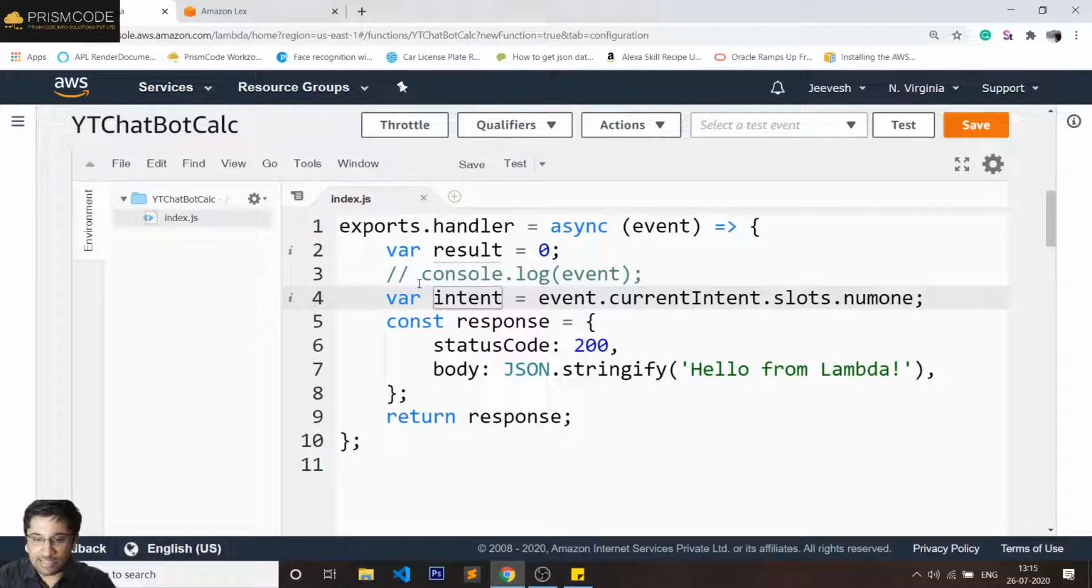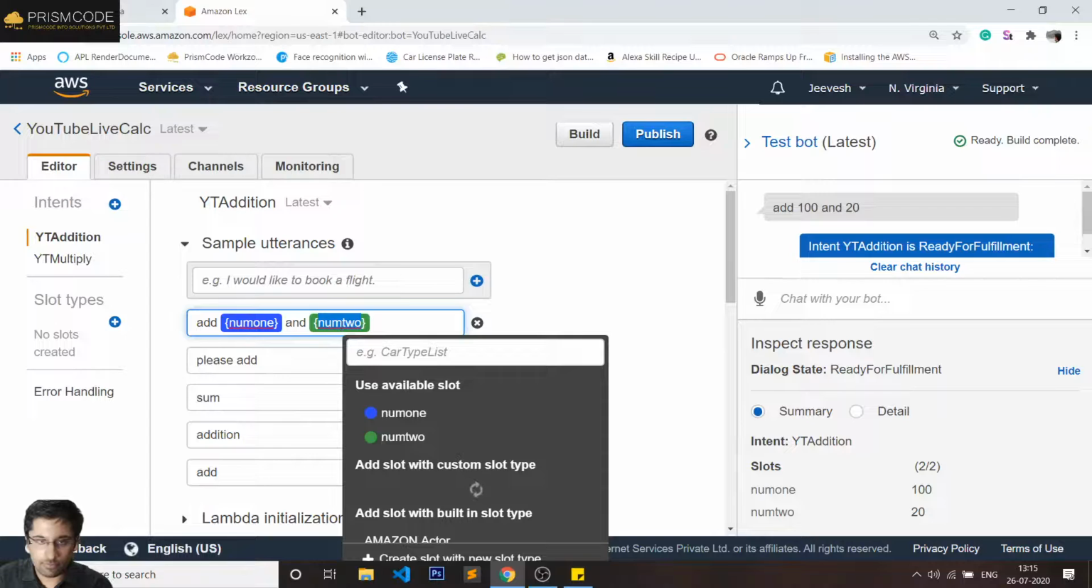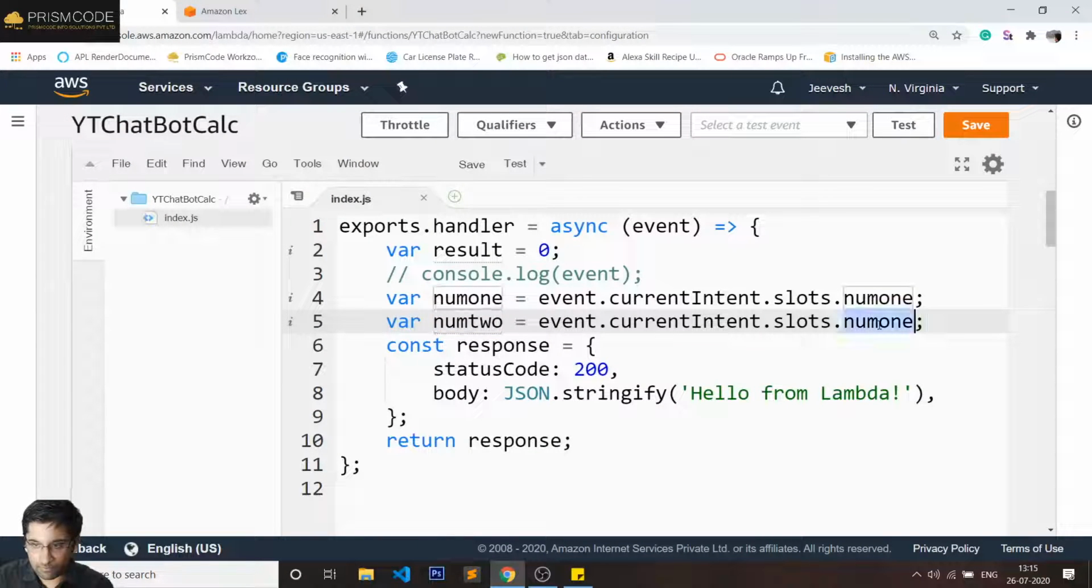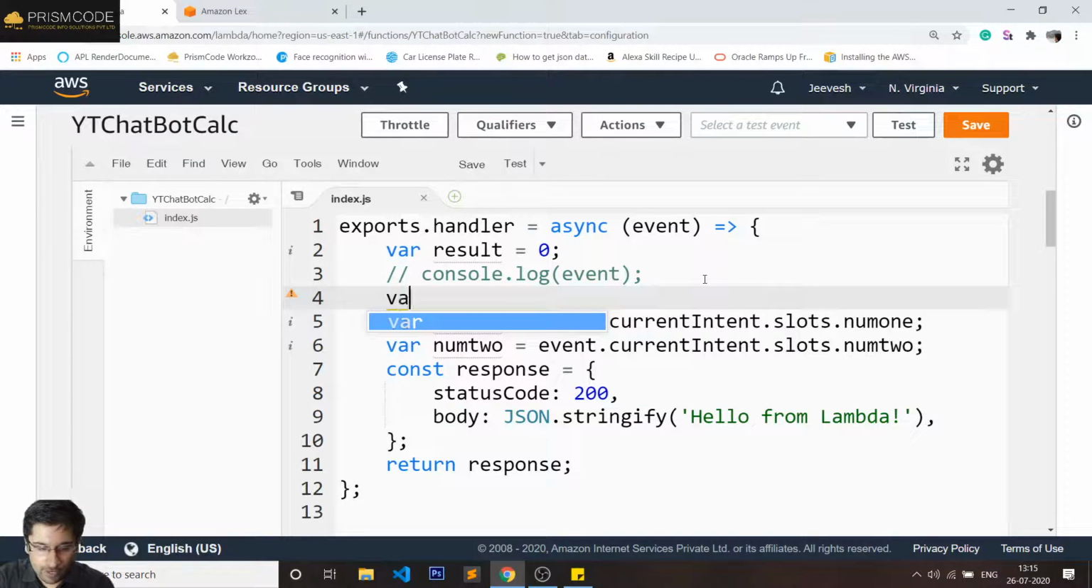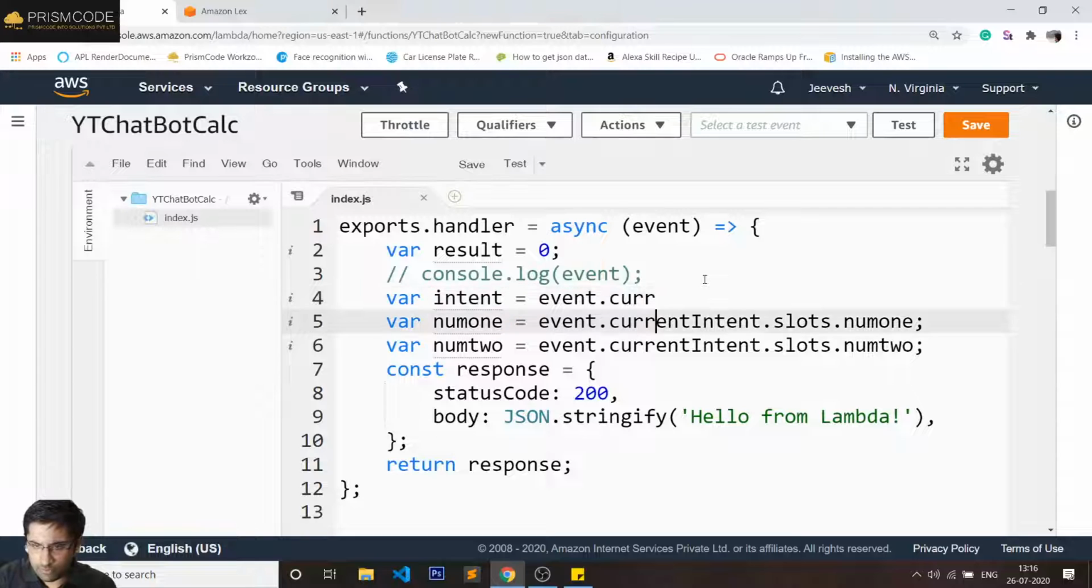Okay, so intent, we have accessed this by event.currentIntent.slots.num1. Wait, this is not how you access it. This is for num1. This is what we're going to do for num2 as well. And for the previous one, event.currentIntent, that remains the same. Dot